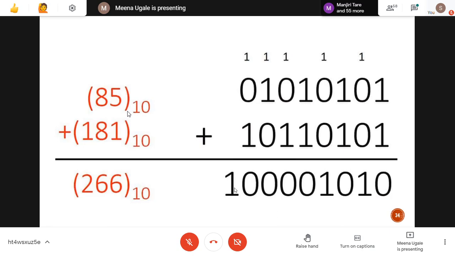I hope you all are understanding this simple binary addition. Very simple examples I have written here so that you will understand it. And the same logic you can apply on any bit representation. It's 4-bit, 8-bit, 16-bit or 32-bit. Logic will be the same one. You may get final answer overflow, that is carry will be generated there. You can note down this example.